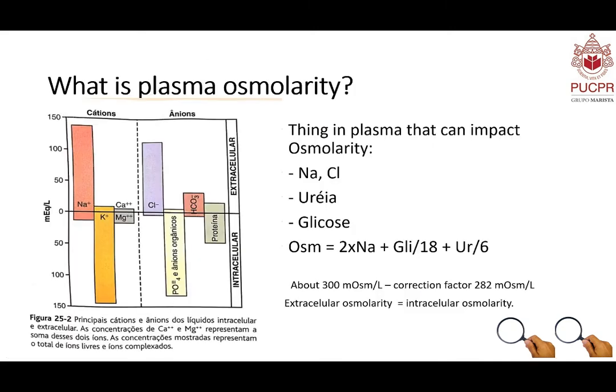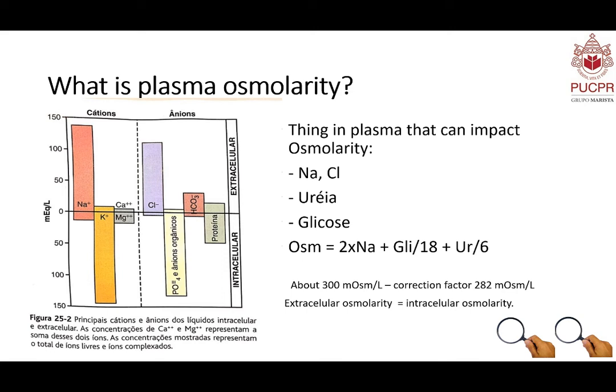Okay, so the ions are really different and the proteins are very different, but we also know that water can go freely through the membrane. So if water can go freely through the membrane, then it doesn't matter what kind of solute you have in these compartments. The osmolarity of the intracellular space will be the same as the osmolarity of the extracellular space, because